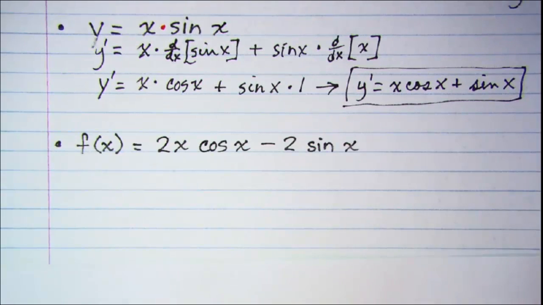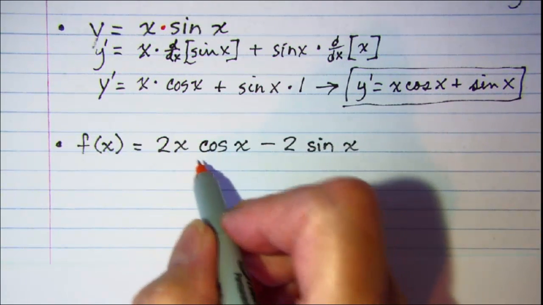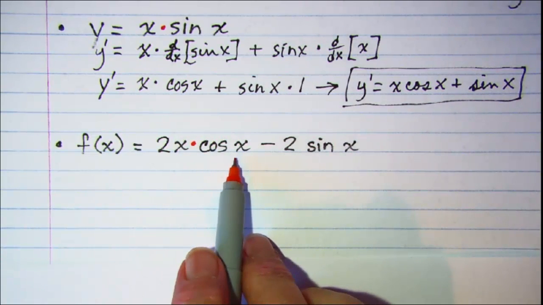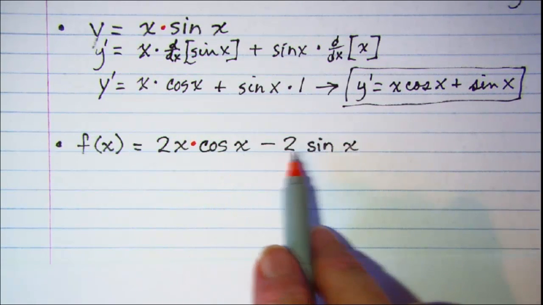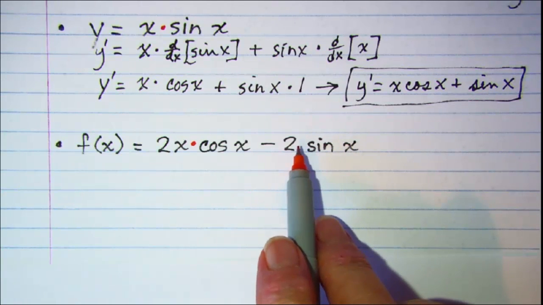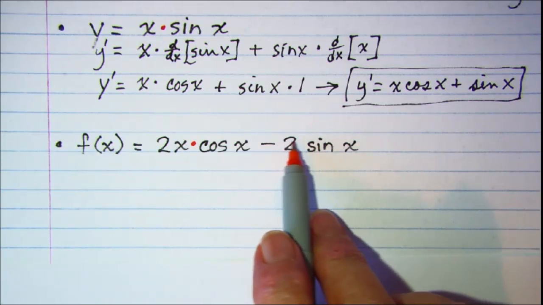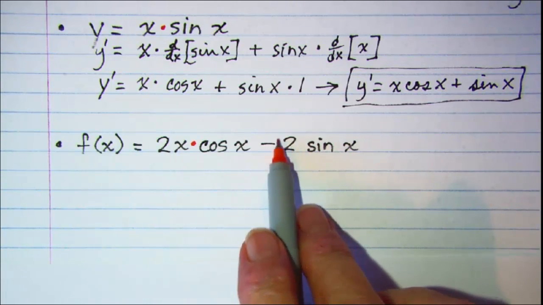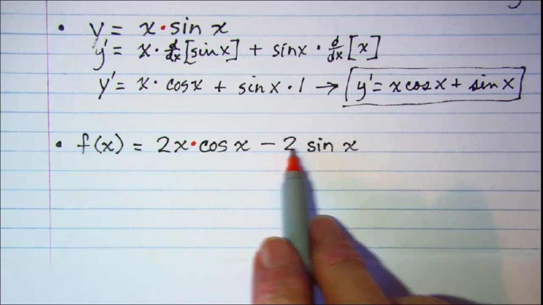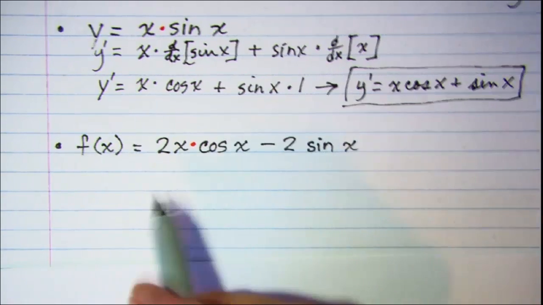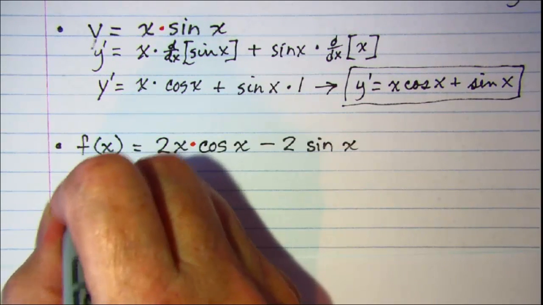Let's do another one. On this one we have a product of 2x multiplied by cosine x. Now we're not going to use the product rule on this term because this is just a constant multiple, so we can use the rule that that is out in front of the derivative of this factor. So our derivative then